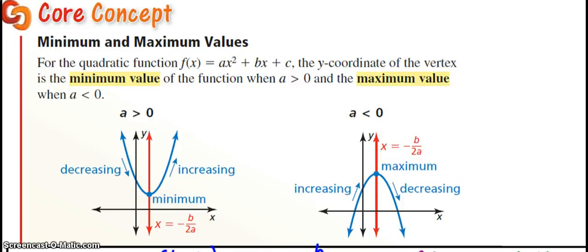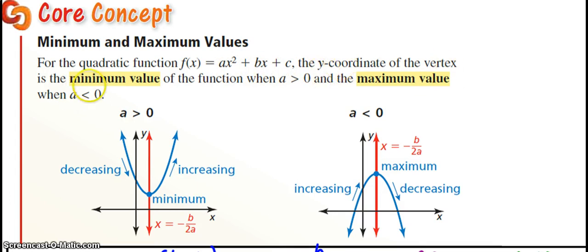Okay, so this last part here, I'm going to go through this a little bit quickly before we do more examples, because if you understood the last examples, then this isn't really something you need to write down necessarily, but again, it's something you would see in a textbook or if you search online to help you with increasing and decreasing. So if we take our quadratic function in ABC form, ax squared plus bx plus c,